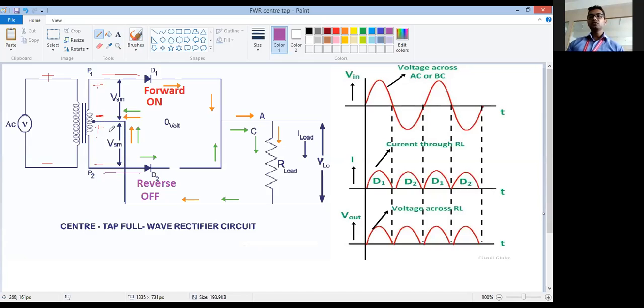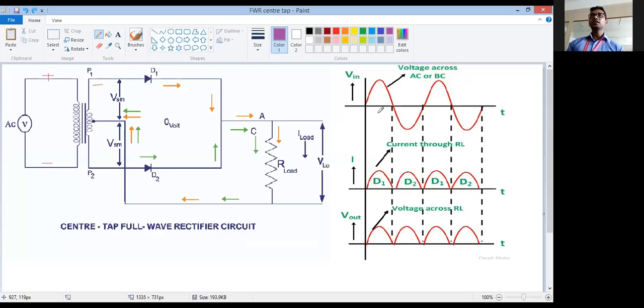Getting? So see, in the positive half cycle of the input, your D1 is carrying the current. See, it is clearly mentioned over here. D1 is carrying the current. Hence, you are getting the output voltage same as your input. Getting? So, in the positive half cycle of the input, your output is because of diode D1 only. Only D1. Okay.